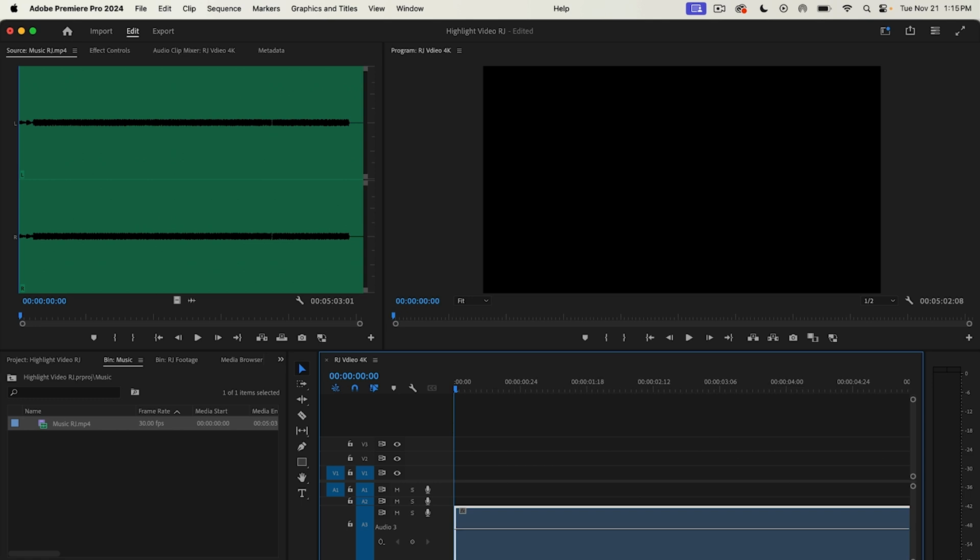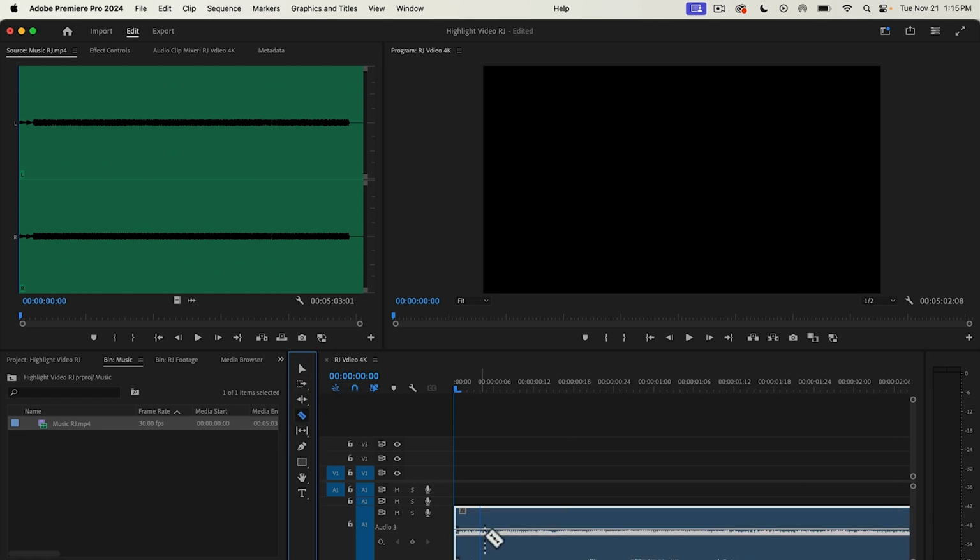But if you don't want to edit fast and you want to edit like a slowpoke, then here's your tools. That's how you cut it. And then you right click and click ripple delete, or you can click delete on your keyboard and drag things over. What I like to do is kind of listen to this song for a minute,